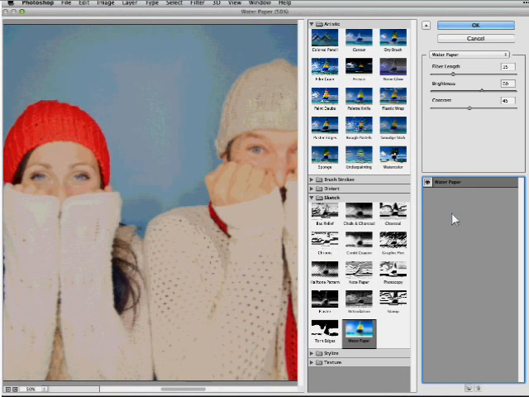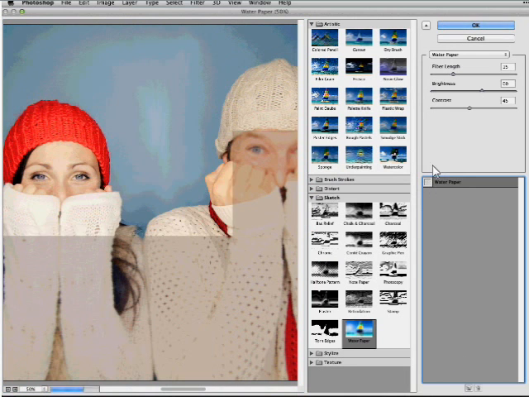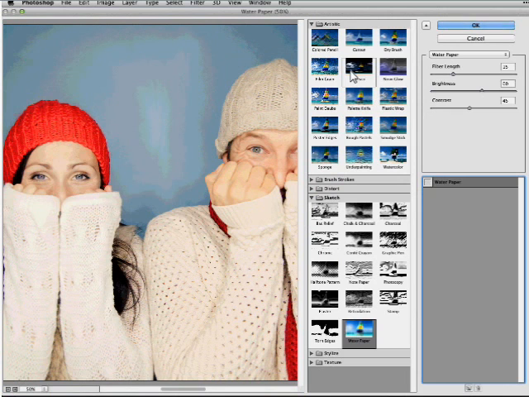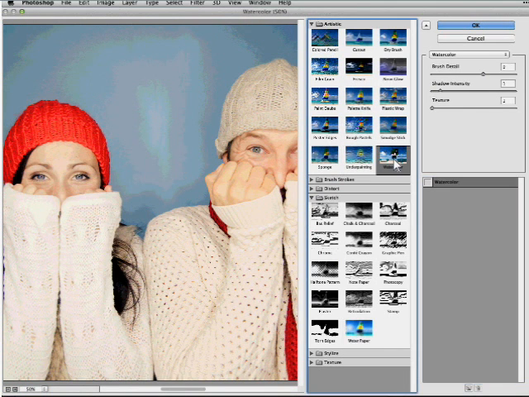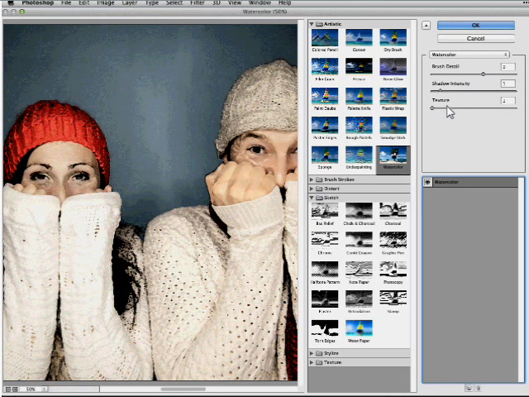Okay, so let's say we just open this image and we're cruising around trying to find some filters that would work for it. If we want to make a little bit of a watercolor effect, we can start in the artistic category here by clicking watercolor. And you have all these nice little controls here that you can use to set up your watercolor. Well, just from experimenting myself, I'm going to enter rather a low amount on brush detail because I do want it to look kind of like a